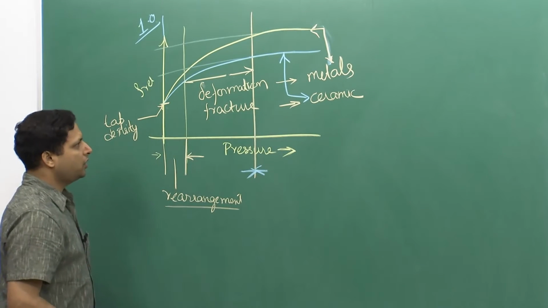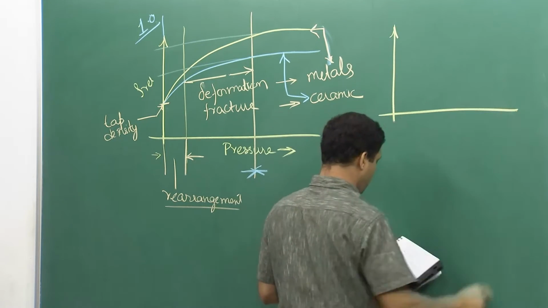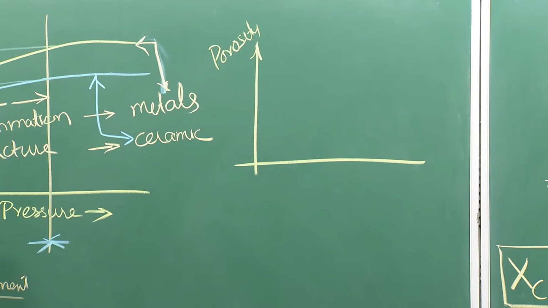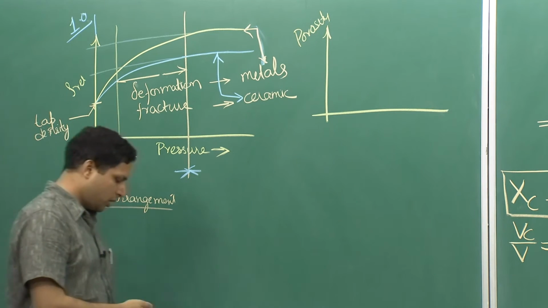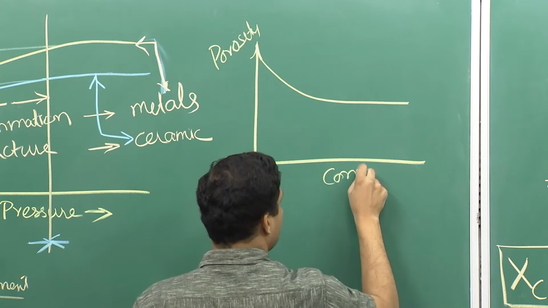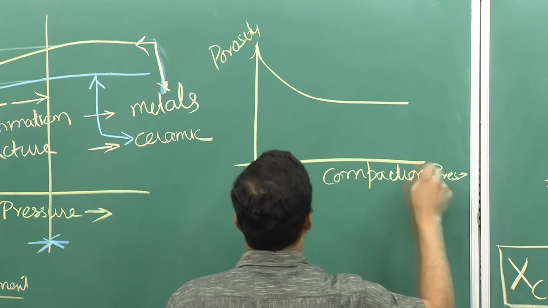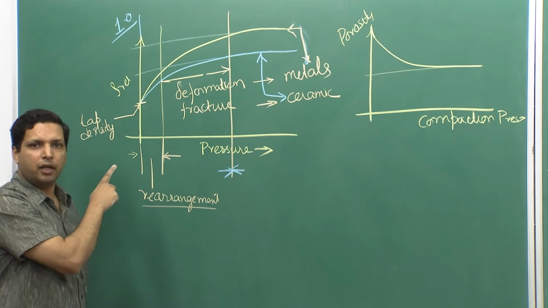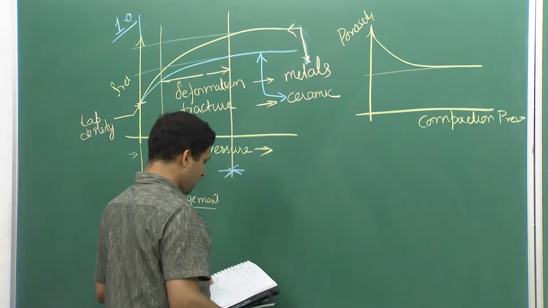Now, when you are changing the relative density, there are some other parameters that also change. For example, if you look at porosity, how should the plot for porosity look like? If the density is going like this, then the remaining amount is the porosity. So, the porosity plot should look like this. So, here is our compaction pressure. And porosity will not reduce to 0, because we are not achieving 100% relative density over there. It means porosity is also not reducing to 0% over here. So, porosity is one factor.